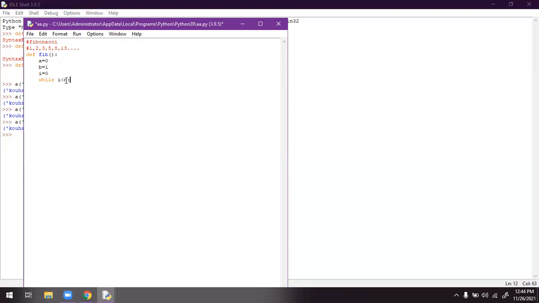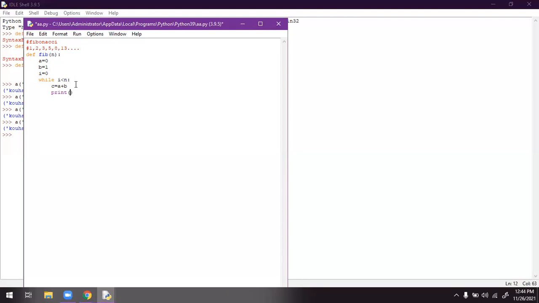In order to enter the value, I have to mention the input called n. So I'm taking a single input function here, only n. I'm considering that this n must be less than 0. If it is less than 0, what must happen? c must be equal to a plus b. After that, I have to print.